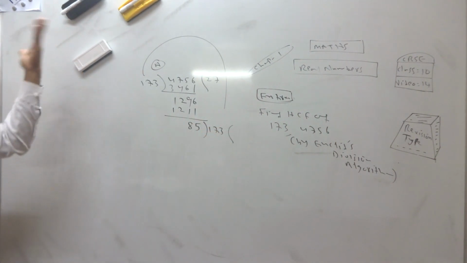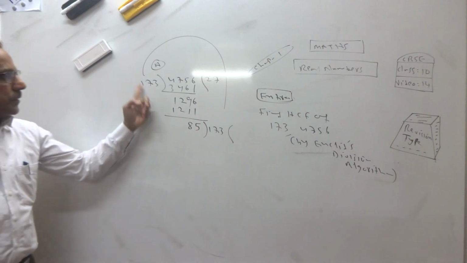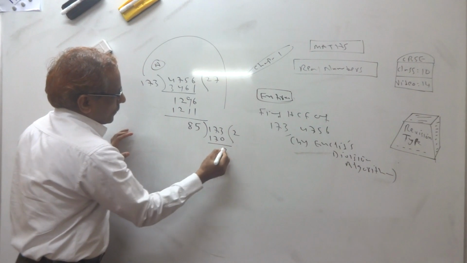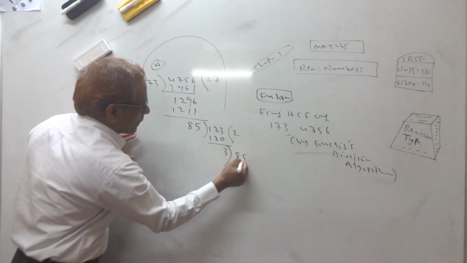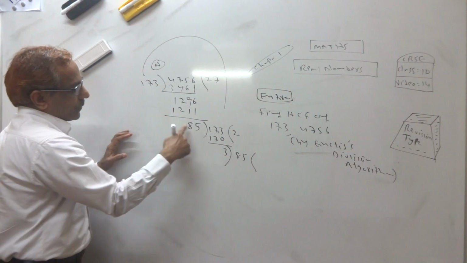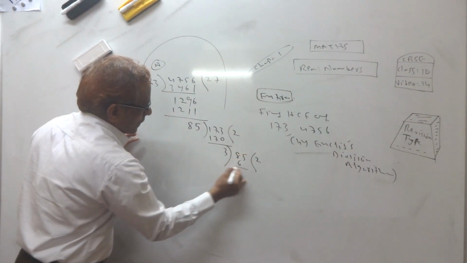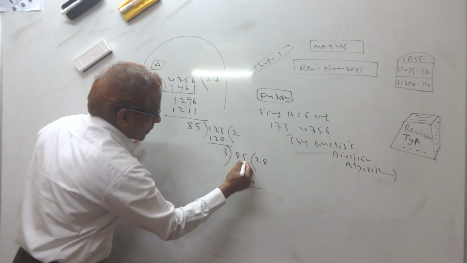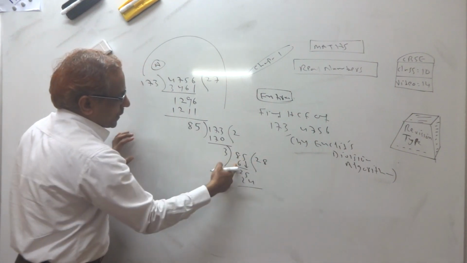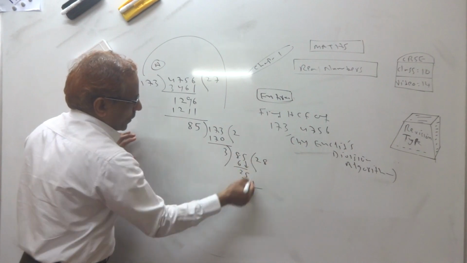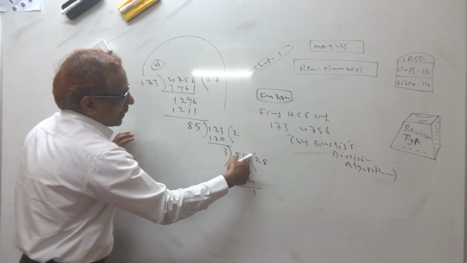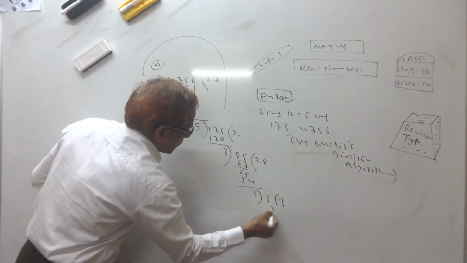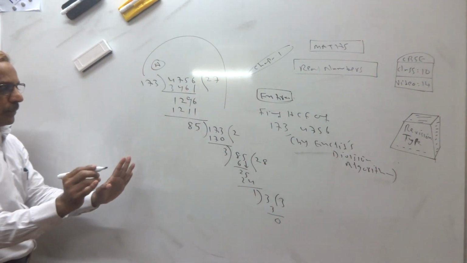This we have done in the first exercise. Last divisor we write here. 85 twos are, 3 left. Then we write 85 here, because this is the remainder. 3 twos are 6. 3 eights are 24. Because 5 I should write from here. 3 twos are 6, 2 left. 5 I should write. 3 eights are 24. 5 minus 4, 1. Any number to write from here? No. 1 is the remainder. Now you write the last divisor here. 1 3s are 3. 0. When we get 0 we stop.